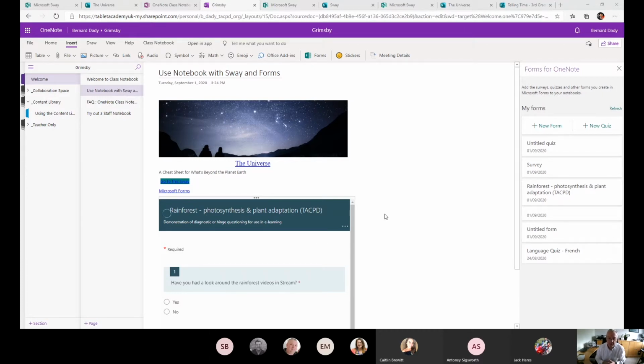Okay, so if we bring this together in an educational sense, there are two ways of gluing all these bits together. The first of those is through Microsoft Teams, and to some extent that's replicated by integration of Office with LMS, so stuff like Canvas gives you some integration within there. Another way of gluing the bits together is to use the notebook. So if I share the notebook with you,